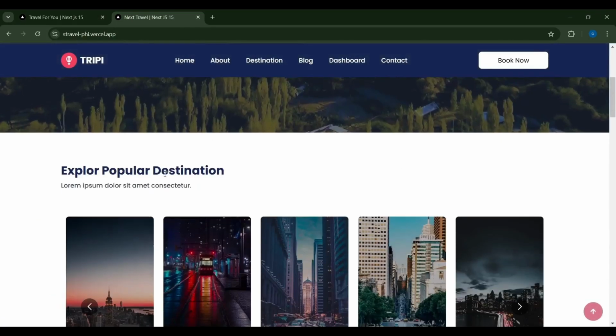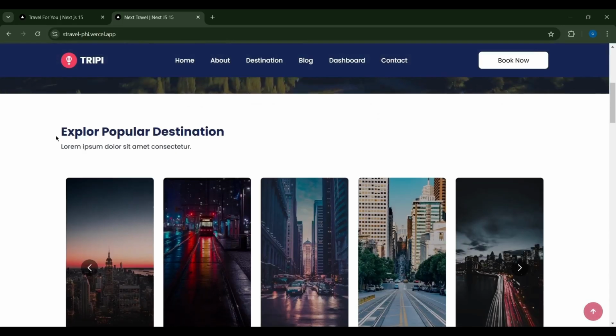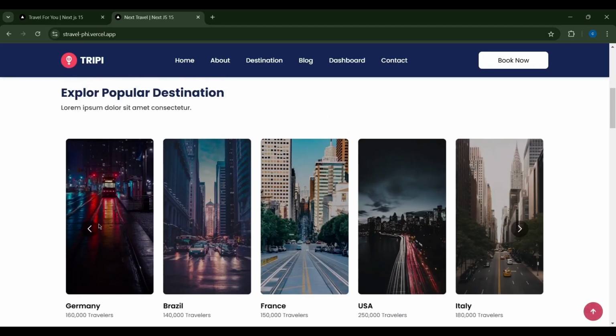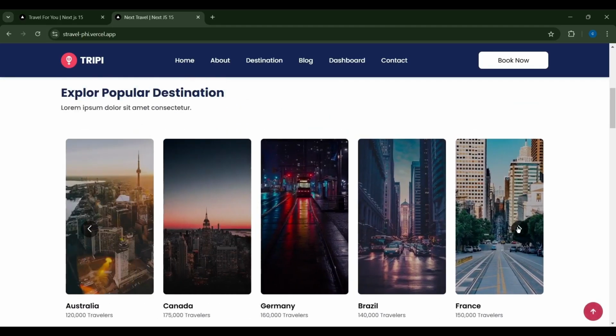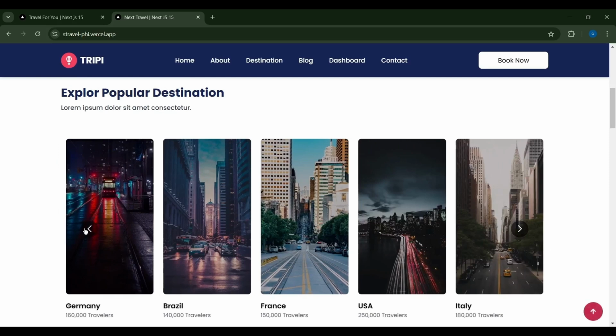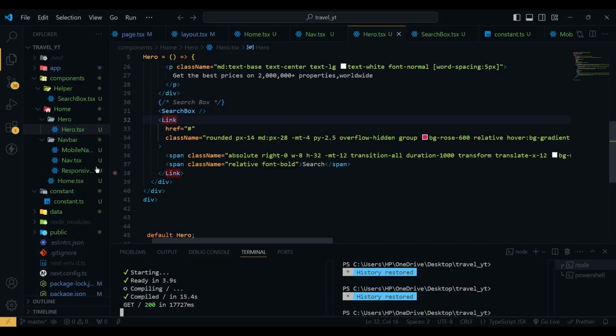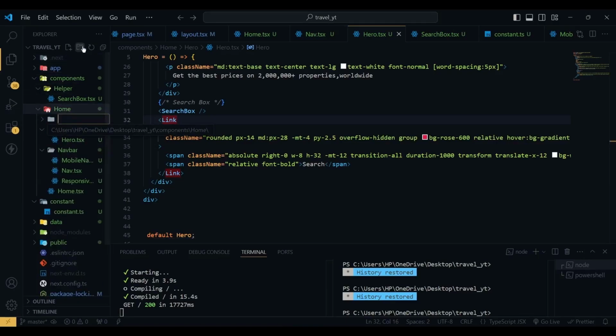So if I show you, here you can see we have some heading, then we have the slider. So here you can see we have this beautiful slider where you can slide from left to right or right to left. Now we are going to build this section. So for this I am going to create a new folder inside my home folder, and I'm going to name it destination, and inside this I'm going to create a new file called